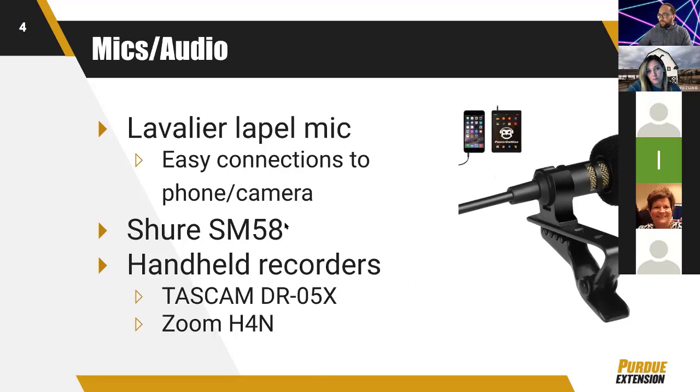As far as recording a video at home from your computer, I think the Shure mic, which I've used in the past, is around $100. It's kind of an industry standard, but there are so many out there. There are a lot that YouTubers use, like the Blue mics, and we'll give you more recommendations on these as well. You don't need to spend too much. There's a lot within the under $100 or $150 range that gives you the quality you need for your home videos or even podcasts and things like that.